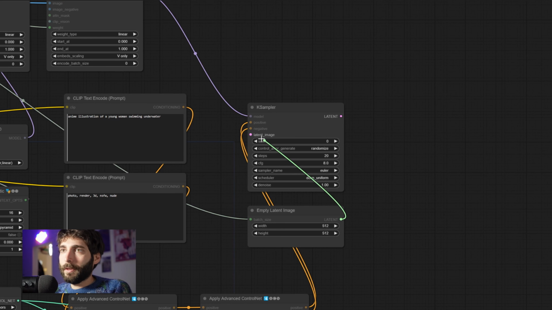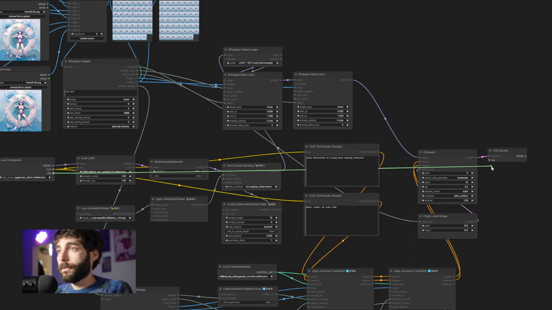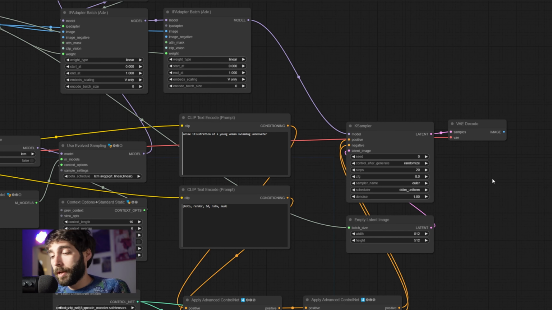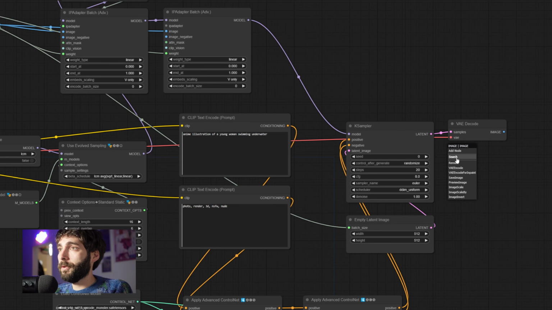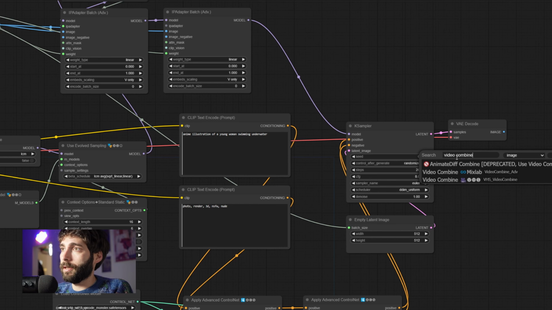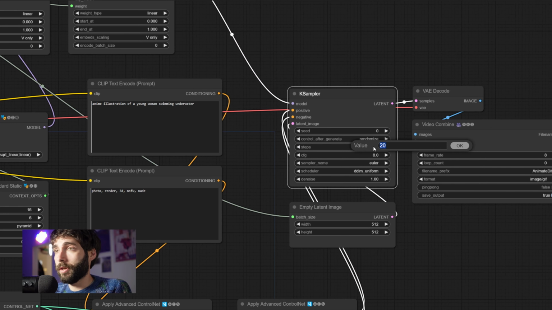So I'm going to hook up the latent from the batched empty latent image node, and then I'm going to drag and drop from the latent output into a VAE decode node, use the VAE from our checkpoint, and since we're creating an animation, we want to drag and drop from the image output and search for a video combine node. Now we are going to change the default settings in the KSampler for the LCM that we're using. So we're going to go with 8 steps, CFG 2, sampler name LCM, and scheduler SGM uniform,